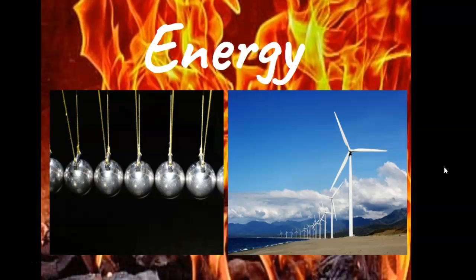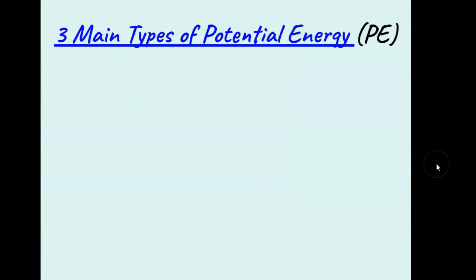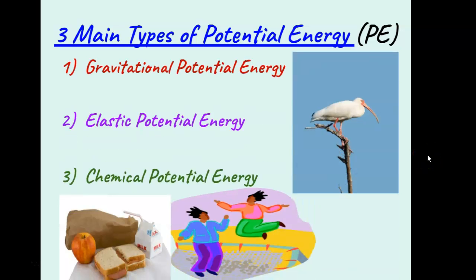Let's continue to discuss kinetic and potential energy. Today we'll be talking about the 3 different types of potential energy. So, 3 main types of potential energy. Potential energy is abbreviated PE. Those 3 main types are, number 1, gravitational potential energy, number 2, elastic potential energy, and number 3, chemical potential